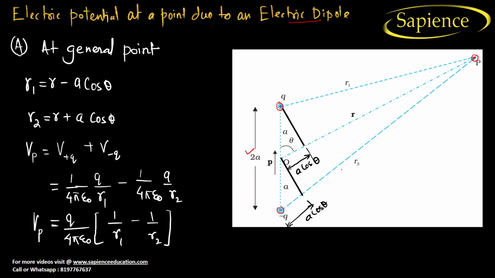So how will you find it? First of all, we have to find the potential due to the plus q charge and the minus q charge, and after that we need to add them. But the thing is, what is the distance between this charge and this charge? Okay, so we need to do this, right? Now let us consider,